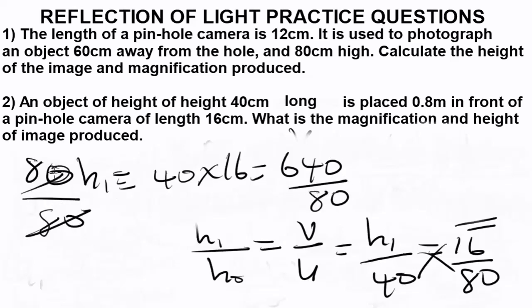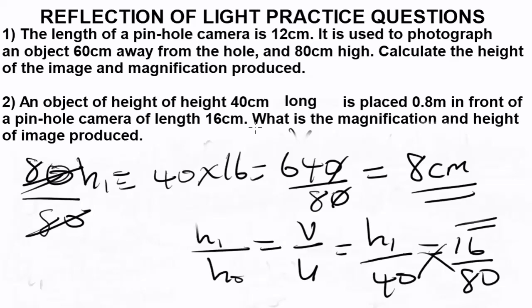So this will cancel this. Therefore, our HI will be, this will cancel this, 0. So 64 into 8 will give us 8. Alright, so the image height is 8 cm. Okay guys, so this is basically how you can solve this kind of problems involving magnification and finding the height